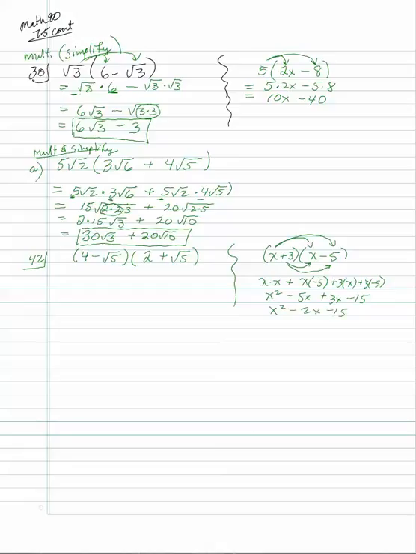Alright, so that's exactly what you do. Well, if you're going to multiply two rational expressions, or two radical expressions like this, you're going to do the same thing, and you're going to FOIL it. So we're going to do the 4 times 2, plus the 4 times square root of 5, plus the negative square root of 5 times 2, plus negative square root of 5 times square root of 5,